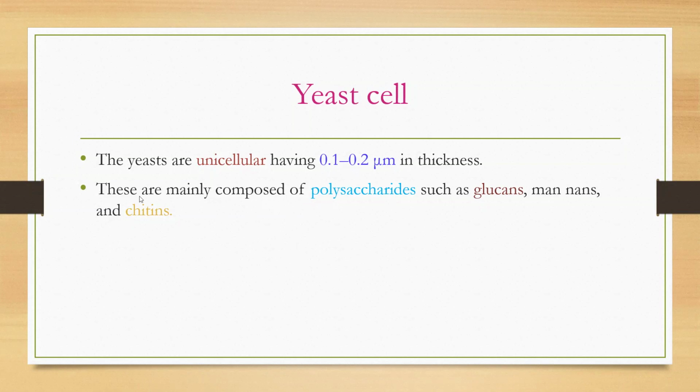This is very important. These are mainly composed of polysaccharides. Poly means many, saccharides means sugar. Okay, next, such as glucans, mannans, and chitins make up the yeast cell wall. Next one,